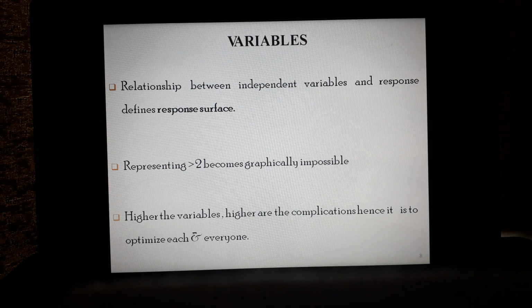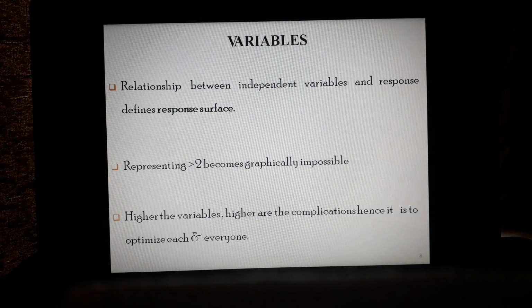In another term, when we talk regarding the response surface methodology or response surface plot, that is nothing but the output, or the relationship between the independent variable and dependent variable. So in a real sense, you can say that response surface methodology or response surface plot is nothing but the relationship between the independent variable and dependent variable. That is nothing but the responses.